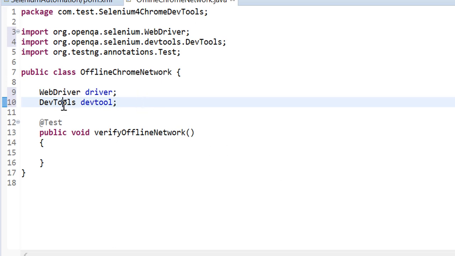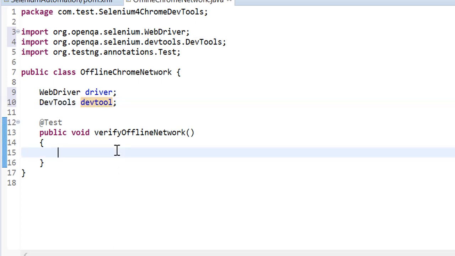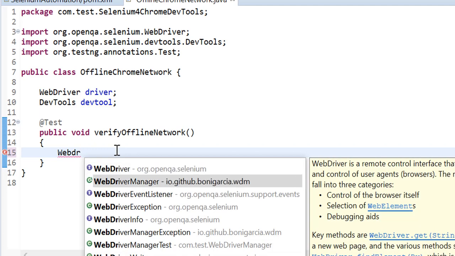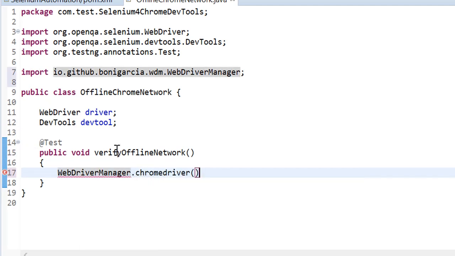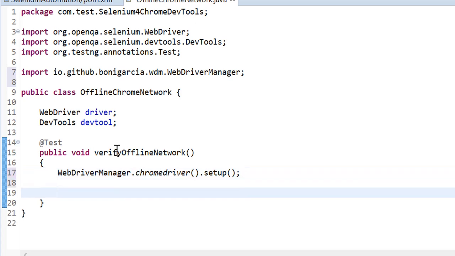I create this reference variable DevTools. Now let me set up the Chrome driver, WebDriverManager.chromedriver().setup(). I am setting the Chrome driver here. After setting, I'll say driver equal to new ChromeDriver.